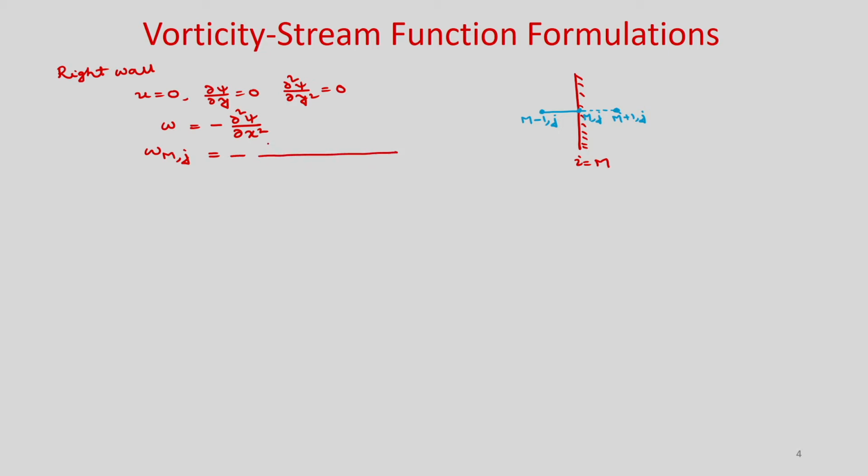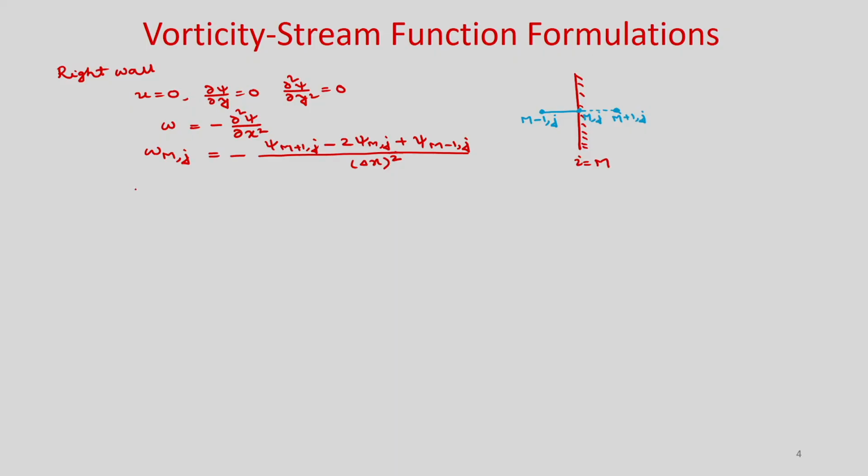now central difference we are using. So, you can write psi m plus 1 j minus twice psi m j plus psi m minus 1 j divided by delta x square. Okay. Now, psi m plus 1 j is unknown because it is a fictitious point value. So, we will use again the tangential velocity v is equal to 0, del psi by del x is 0,